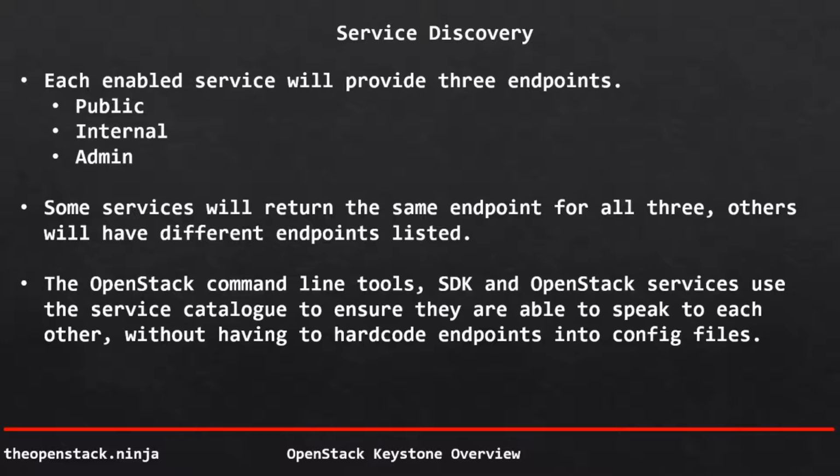Previously on the V2 API, it may return an external address for the public, and then an internal and admin. The internal one may be like an internal address range on the same port as the public, but then the admin might be an internal IP address with a different port number. The majority of services now, public, internal, and admin, tend to be the same,